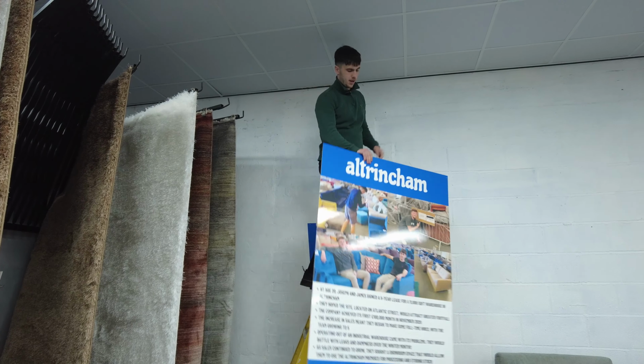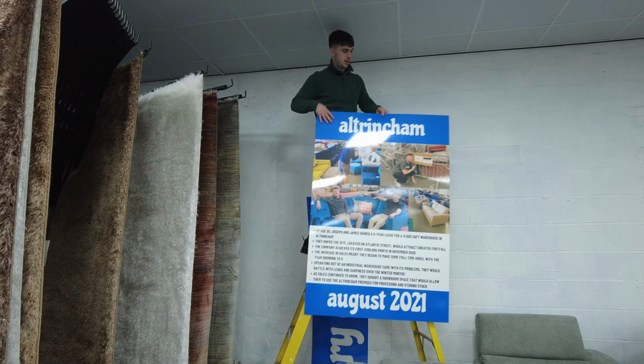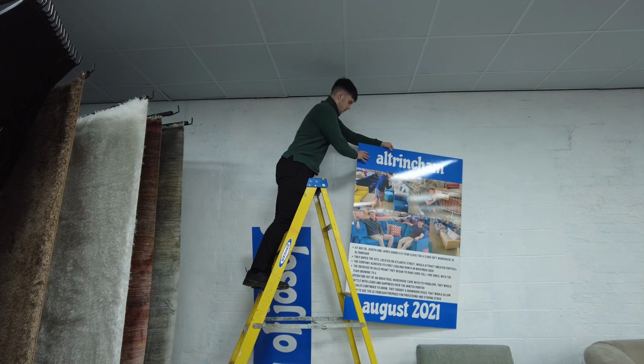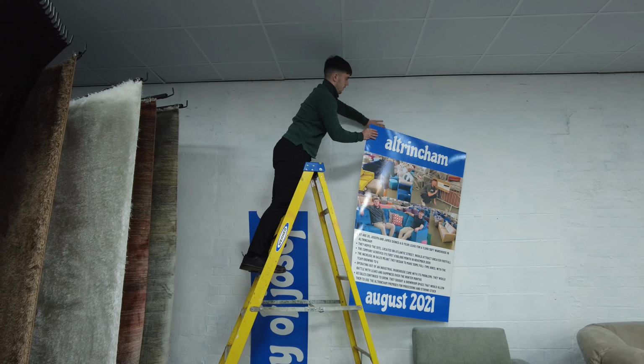Internal signs have arrived. I'm very happy with how they've come out. The colour's really popping. The gloss finish has come as desired. Westy's come to me, started crying, saying they don't fit. Just as I measured them, I knew it was going to be a tight fit because I basically want the top sign, which says a brief history of Joseph James, to go across here, finish just at the top of